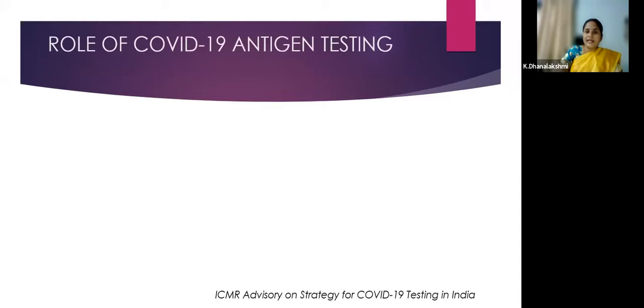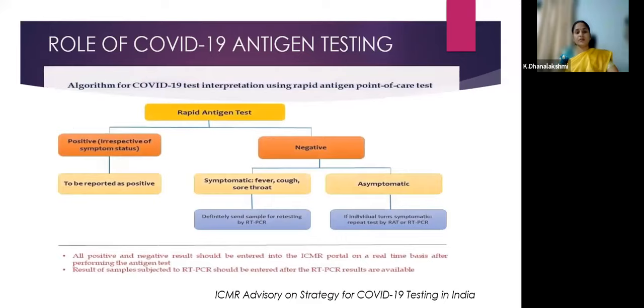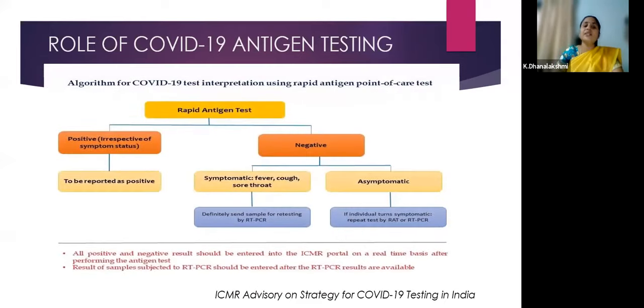So, the role of antigen testing. If the pandemic is ongoing and you are seeing a lot of children with COVID-19, then your pretest probability is high. Then you can order a rapid antigen test for COVID-19. If it is positive, then it is definitely positive. But it has a drawback. If the test is negative and the child is symptomatic, then we have to order an RT-PCR to know surely whether it is COVID-19 or not. On the other hand, if the antigen test is negative and the child is asymptomatic, then we can wait and follow up the child. If the child develops symptoms, or has any contact, then we can do an RT-PCR. This is how we have to interpret rapid antigen testing.